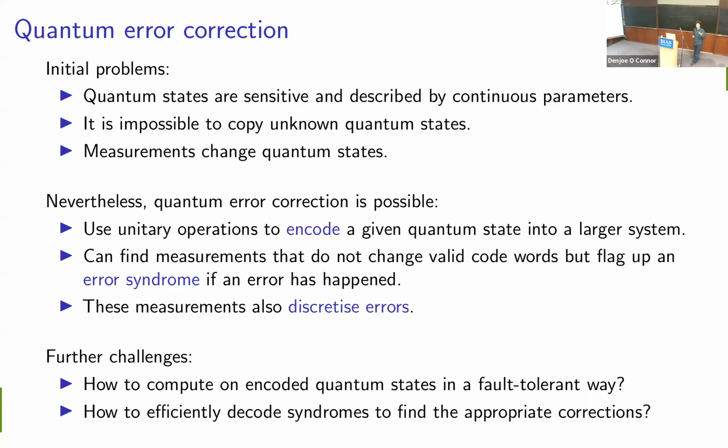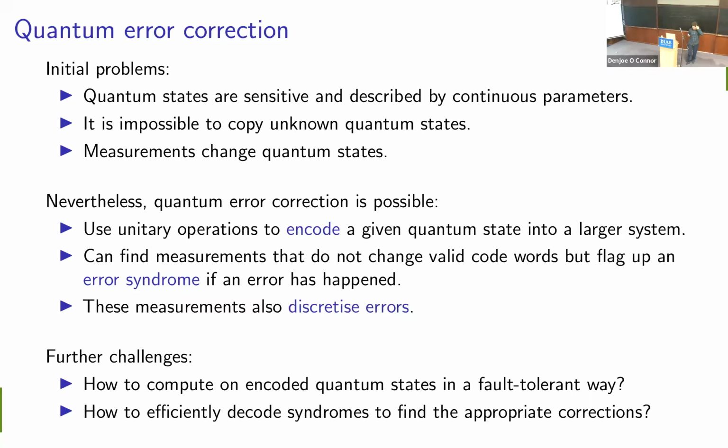And then it's not always easy to go from this error syndrome to actually figuring out which errors are most likely to have happened, and so what do I need to do to correct and get back to the right state. And if your decoding procedure is too slow, then you have your qubits sitting idle, and during that time they will acquire even more errors, which you then have to decode. And then you end up unable to do any computation, because the amount of work you need to do to decode and fix your errors just builds up and drowns out everything else.